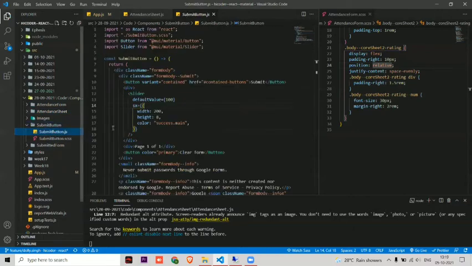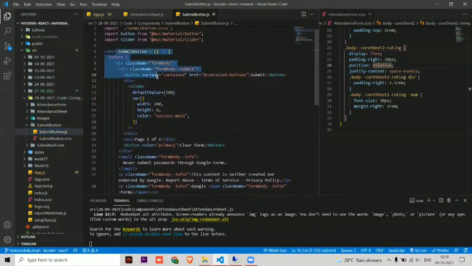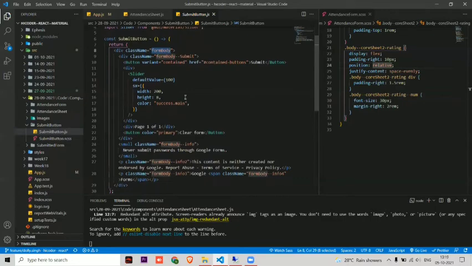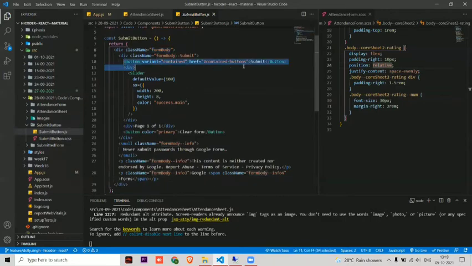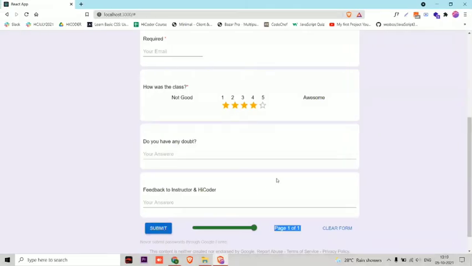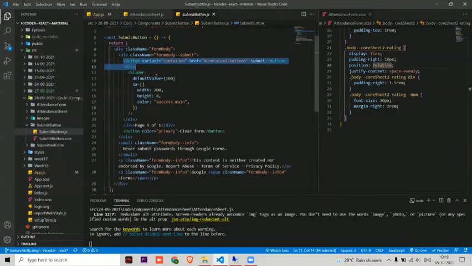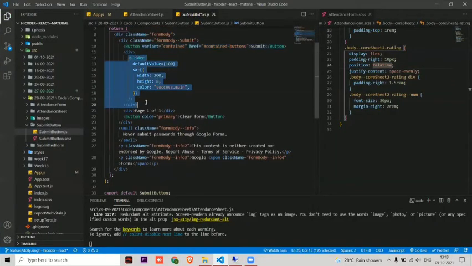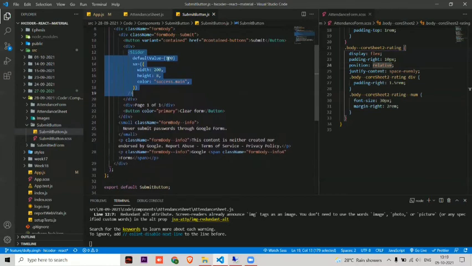Here you can see I have used a button, and here again I have run one arrow function, and inside that there is a div tag, and again it's going like inheritance, like a tree. So here first of all there is a button, which you can see here, and then a progress bar is there. So I have used a slider for that. Okay, and here it is 100%.